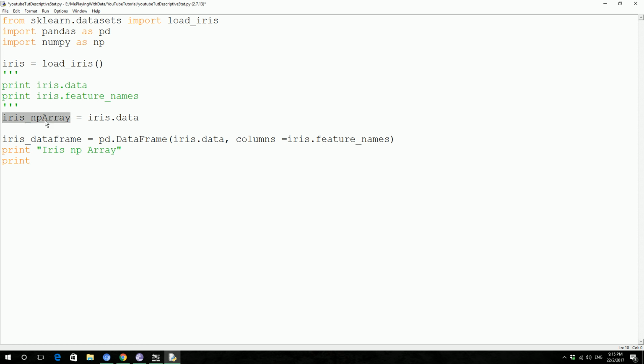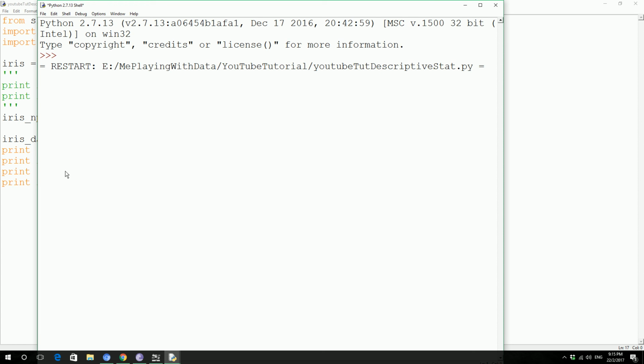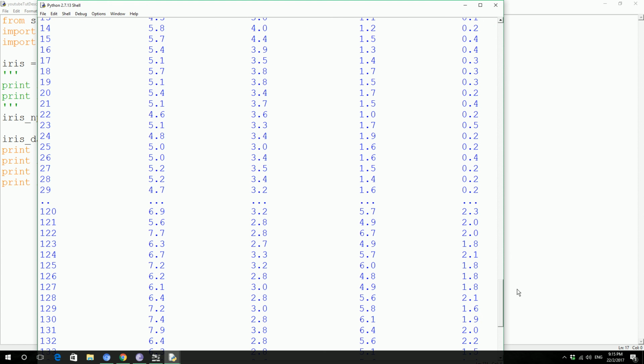Print, copy paste, iris data frame. So here we go,